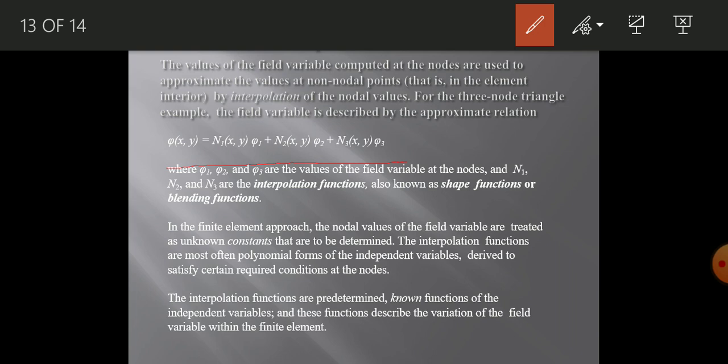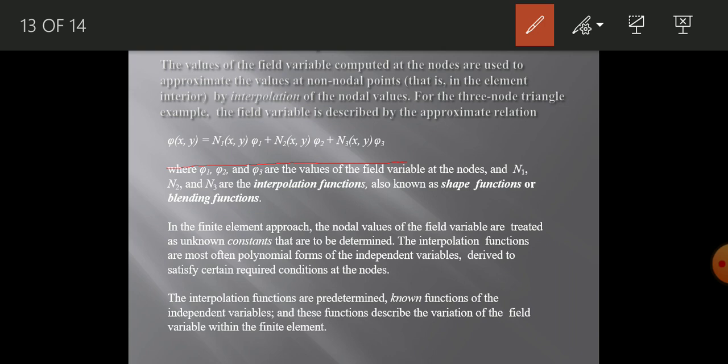In the finite element approach, the nodal values of field variable are treated as unknown constants that are to be determined. The interpolation functions are most often polynomial forms of the independent variable, derived to satisfy certain required conditions at the node.